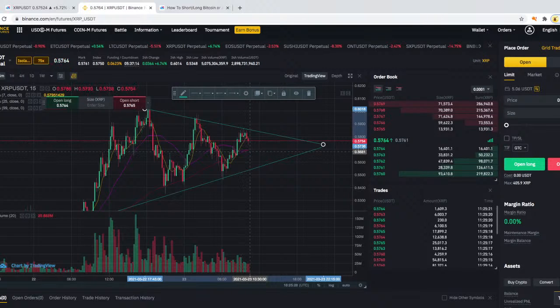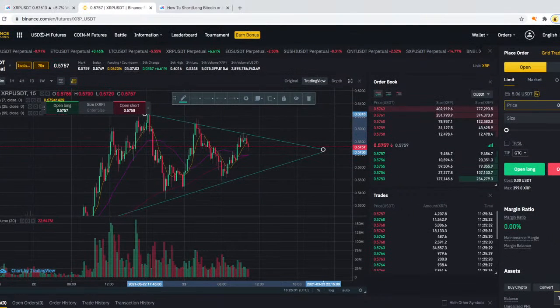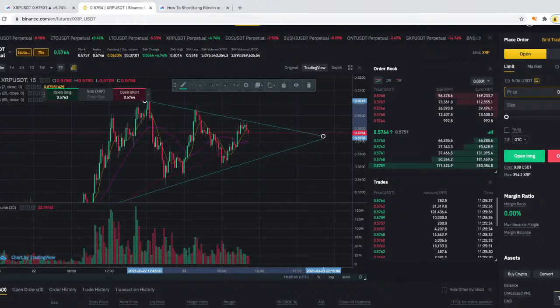But if you were to short this market because of this resistance here, expecting a pullback to this point, which is not guaranteed because of the sideways, this is how you're going to run it. You come here, you set your price. Let's say we're hoping to short at